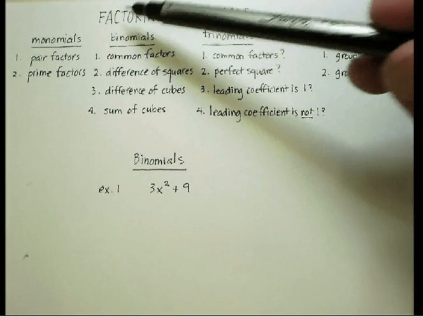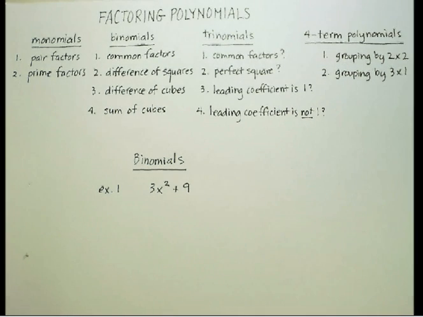Now you'll notice what I have here, factoring polynomials, right? It's probably a good idea to talk about what factoring means. Factoring is really the opposite of distributing, right? When you think about it, there are many operations in mathematics. The opposite of addition is subtraction. The opposite of multiplication is division. The opposite of squaring something is taking the square root of something. So this is just another one of those